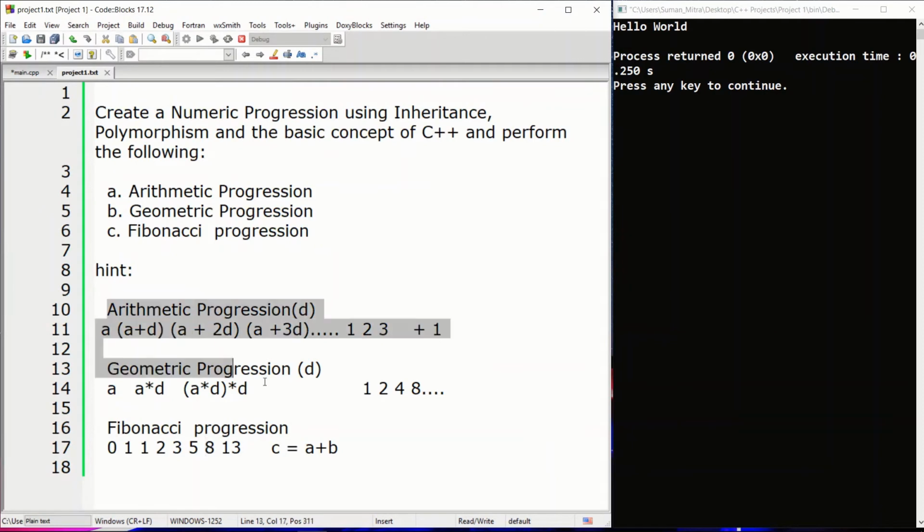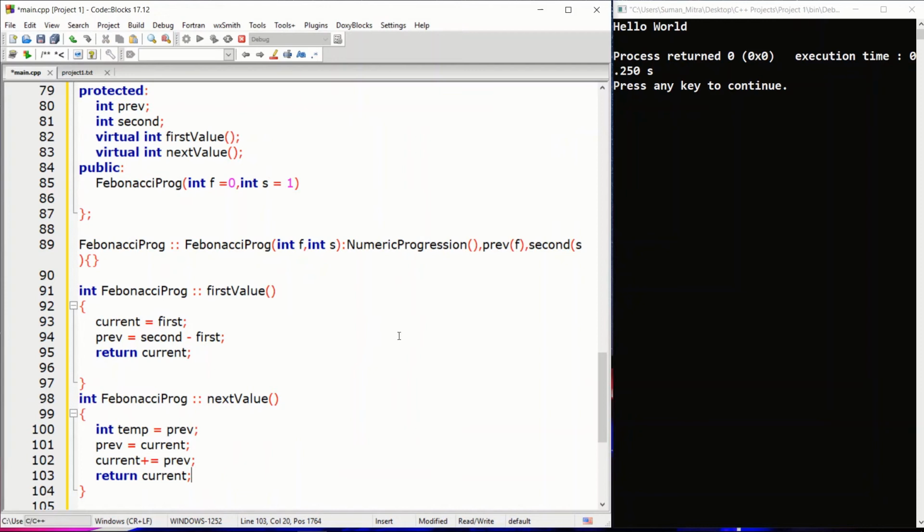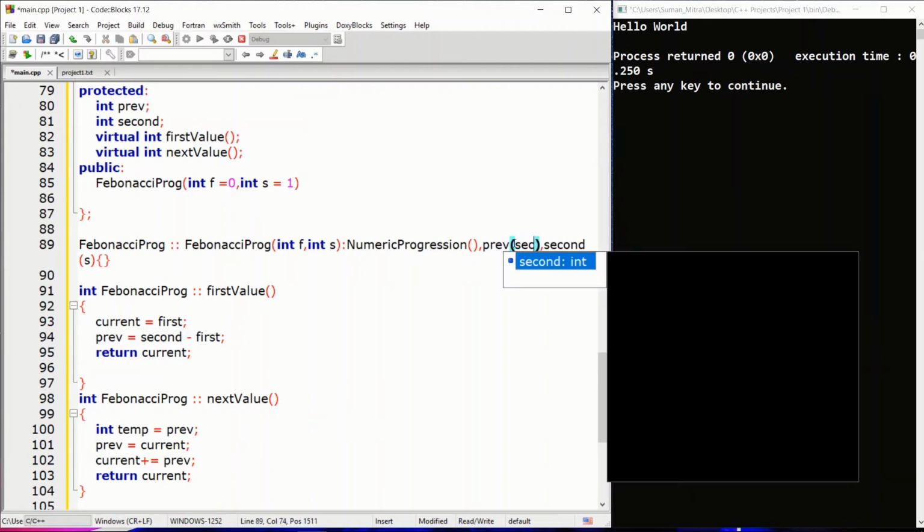If you see this hint and try to compare with this, you will understand it more clearly. So we missed something here. I'm getting an error, so I think we missed something in the previous one. Yes, the previous value will be equal to second minus first. So we can just write second